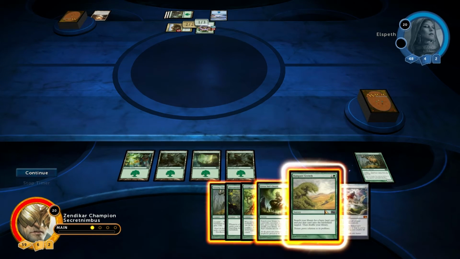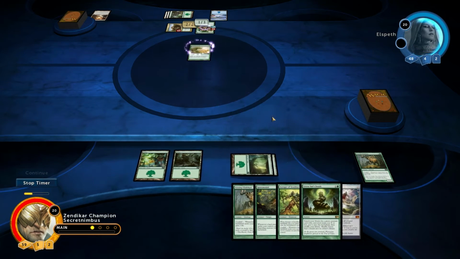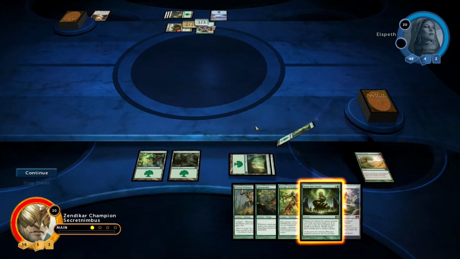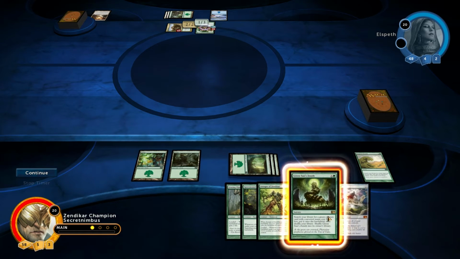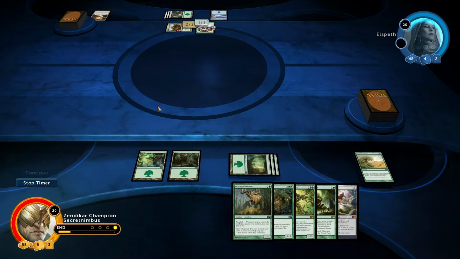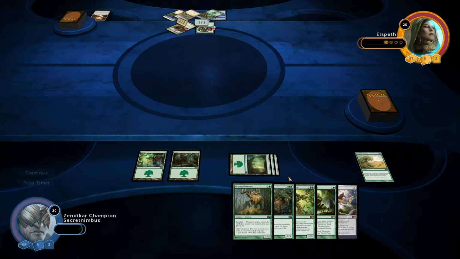Do I play my Grazing Glade Heart or play? I'm playing my Rampant Growth. I need as much land as possible here. Although that might have been a bad idea, because basically that now means that I've got nothing to block next turn, but I might have to take the hit. It's not the end of the world. She'll only attack with one of these creatures, because I think she only gets her exalted sort of bonus if she only attacks with one creature, so...